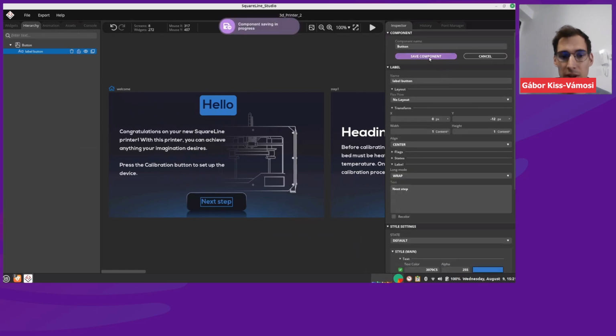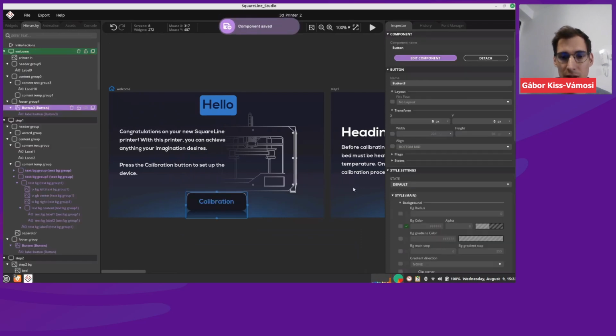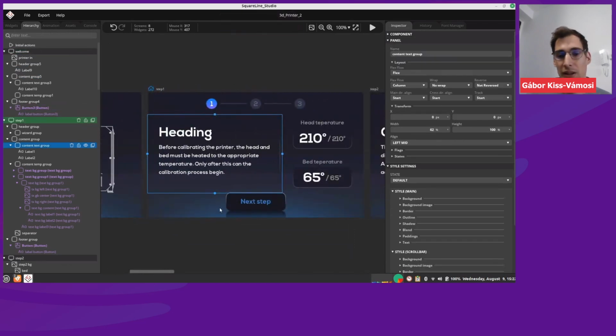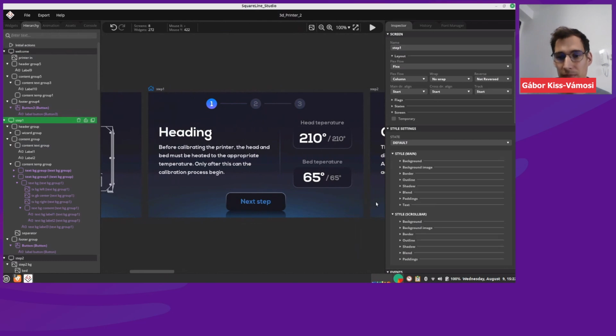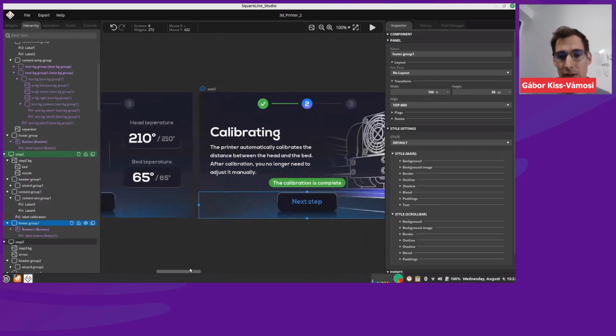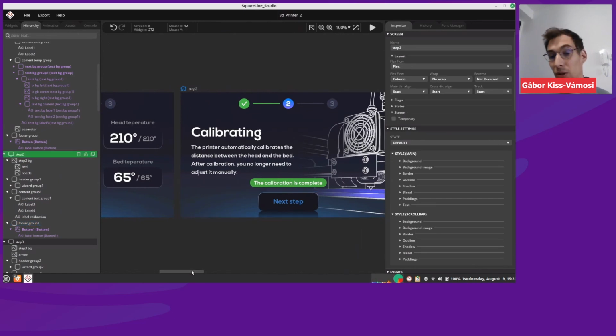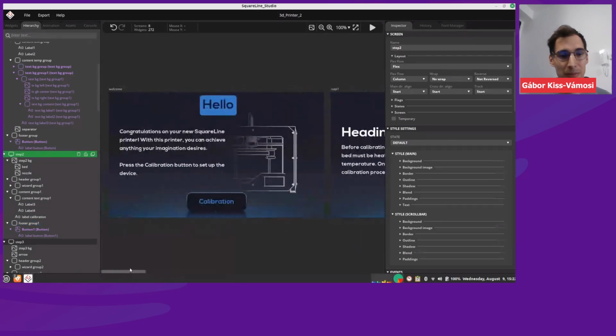And if you save the component and go to the next screen, you can see that it's updated here as well. And of course, on this screen as well. So it's super easy to change the appearance and the content of these components.